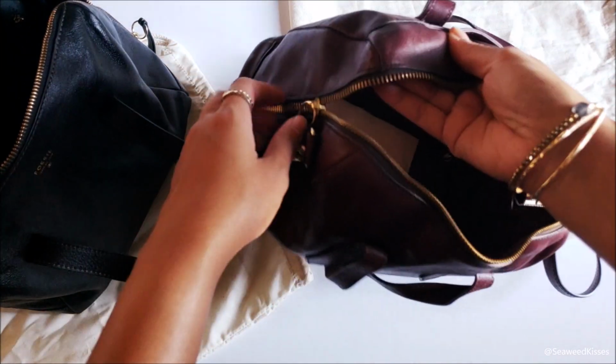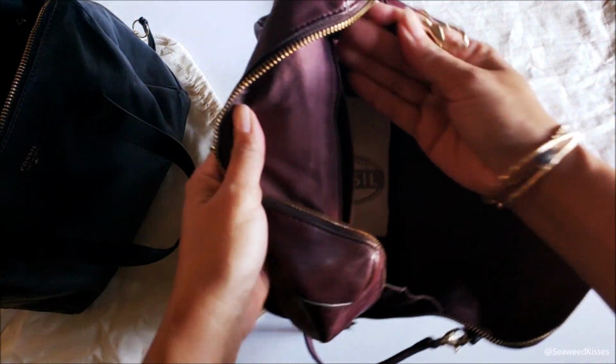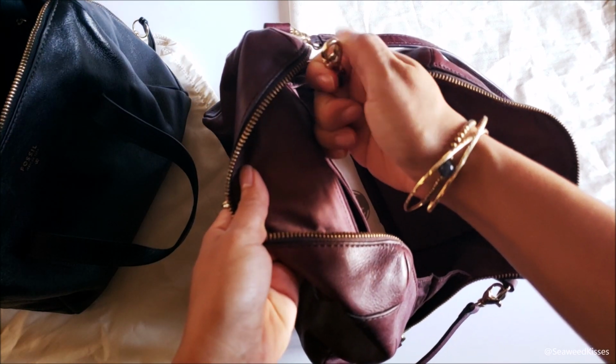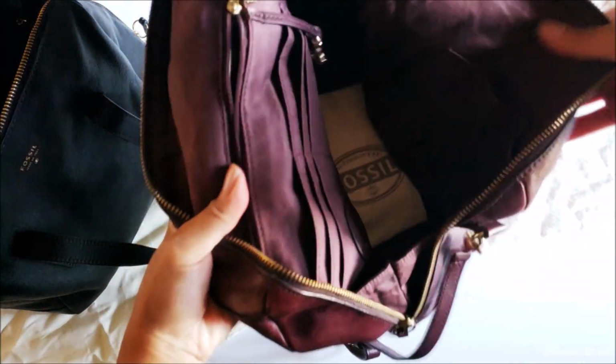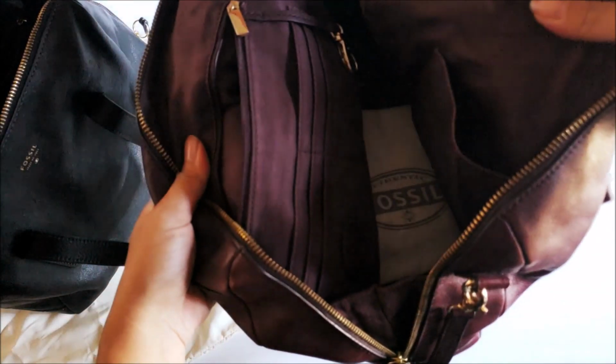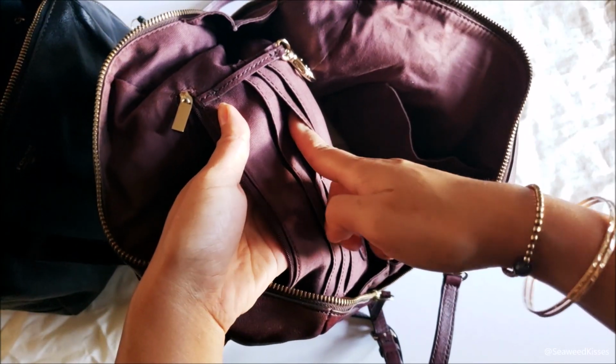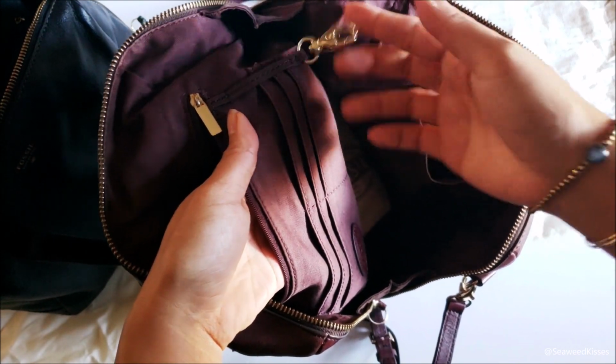And the other 3 ways that you can tell are all on the inside. So when you're looking inside your Fossil Sydney Satchel, or if you're looking on the website of wherever you're going to purchase it, you want to see if it has the key holder. The retail version will have this little clasp here where you can clip on a wallet or your keys, and it is right here next to these card slots. That's number 2, or actually I should say number 3. Number 3 difference with the retail is that it has these 6 card slots on the side. So you see right here, card slots, the key holder,